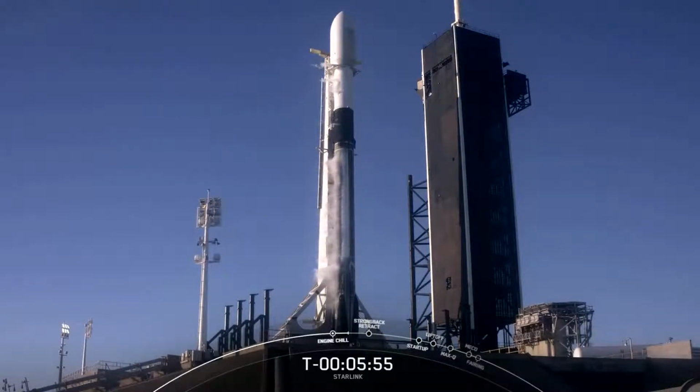We are currently just under T-minus 6 minutes from liftoff, and Falcon 9 is now moving into the final stages of the countdown. Our next event will be the Transporter Erector, or TE, retracting slightly away from the vehicle at T-minus 4.5 minutes. Now, the TE is that large trussed structure that you can see right behind Falcon 9 on your screen. We use the TE to roll the rocket out to the pad and raise it to its vertical